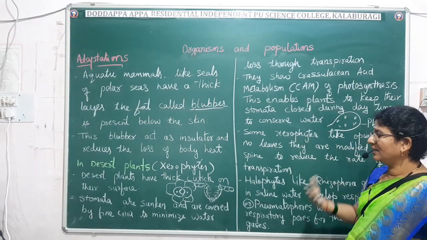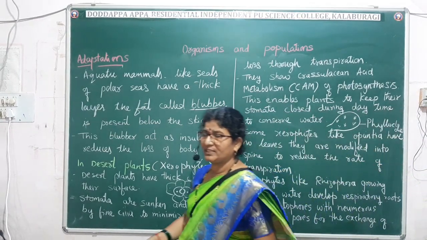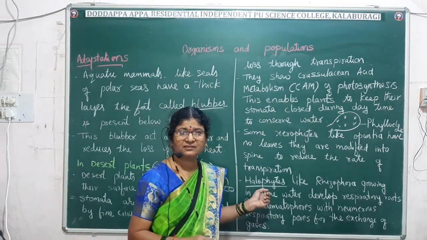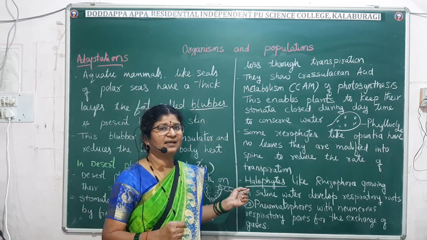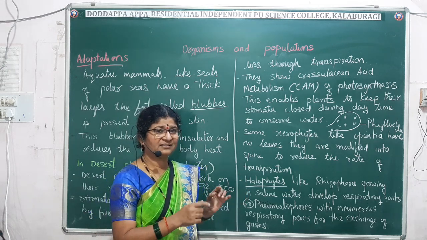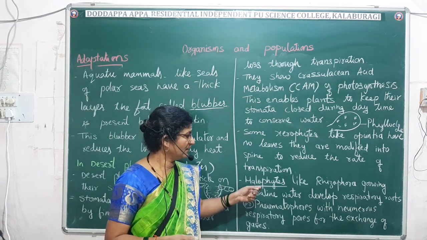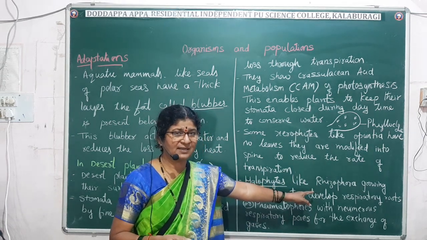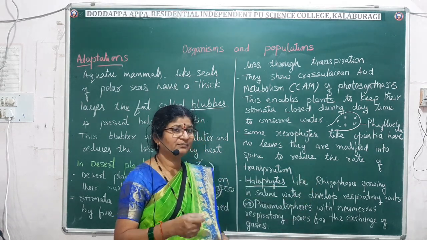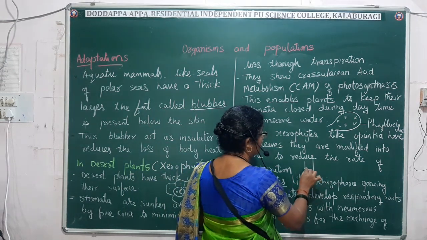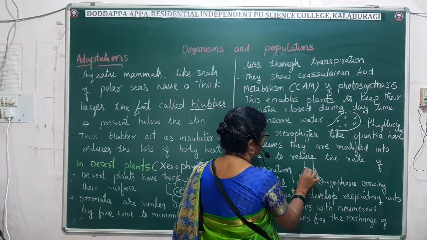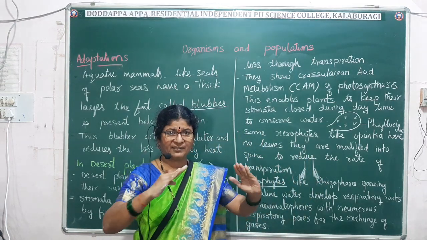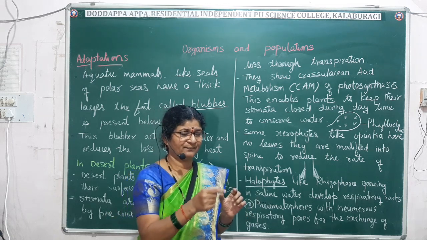Now let us go to the other adaptations. So here I have taken the halophytes. Already you are familiar with this term. The plants which grow in saline water, a waterlogged place where the salinity is high, are called halophytes. And in the halophytes we have taken Rhizophora as an example. So in Rhizophora, from the bottom of the stem, you will see the buttress roots. That is, the roots will be having thick foldings, as if we are keeping supports to a pillar. Like that, the roots will develop. Fine.